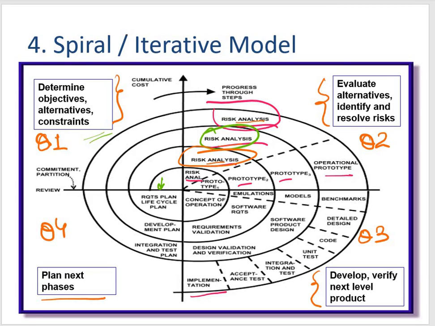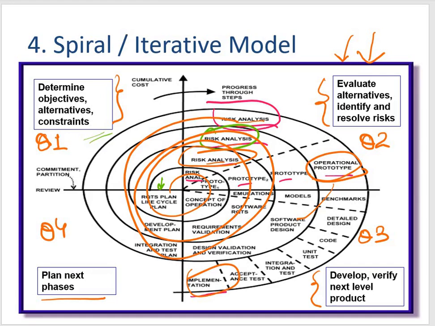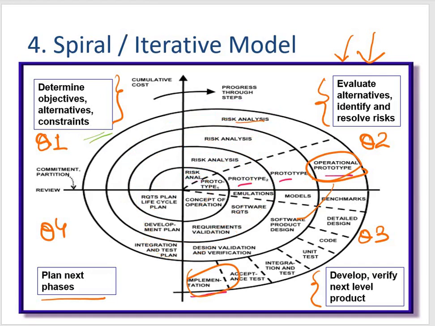So this is nothing but a diagrammatical representation which looks like a spiral with many loops, and the exact number of these loops is unknown, and it can vary from project to project, right? At any moment of time I may take a call on coming up with the operational prototype and then design, coding and then implementation. So the chances are I may not require this many loops in some of the projects. So it is project dependent and situation dependent as well.